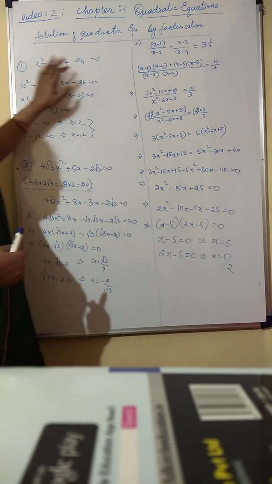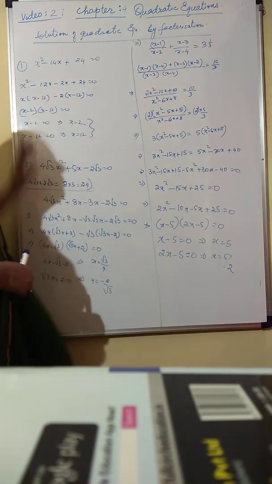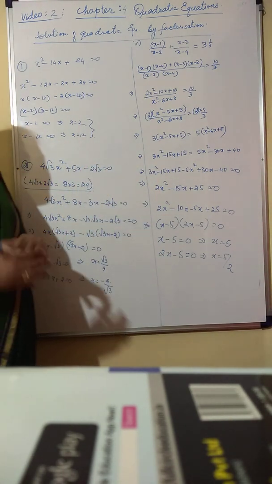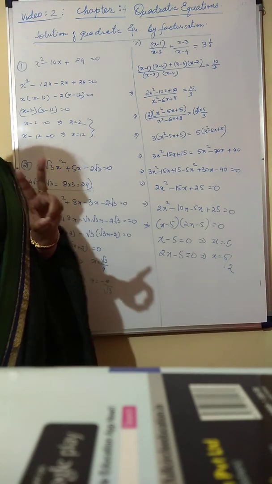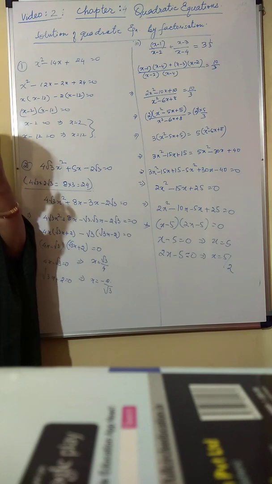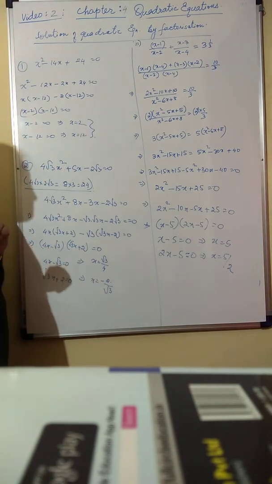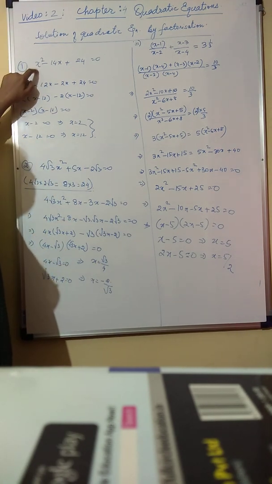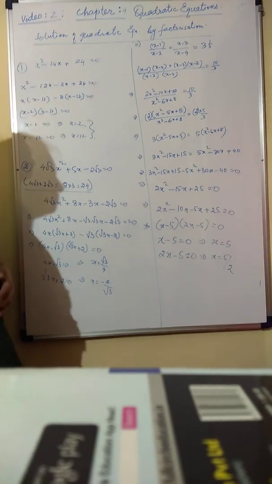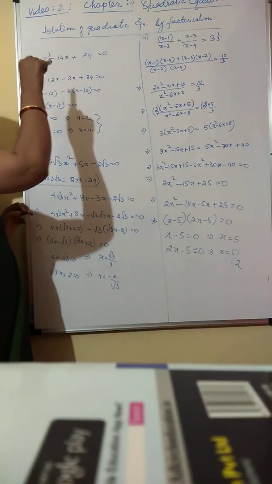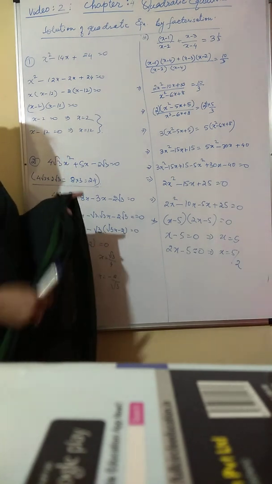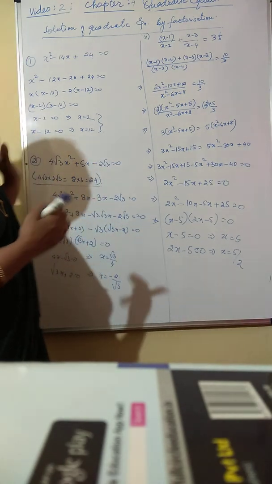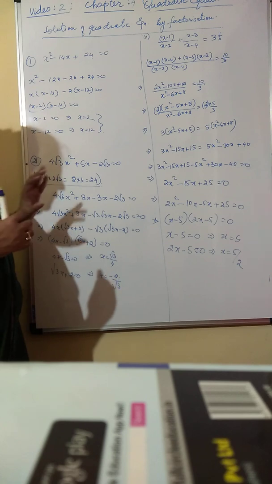Now the first question you see is a very simple question. Before I go on to discuss all those things, let me make it clear to you that you get basically two different types of quadratic equations. What are those two different types of equations? The first type is where the coefficient of the highest power of the variable is 1. Because I do not have the time and the resource to take too many questions, please concentrate a bit and try to understand whatever I am trying to explain.